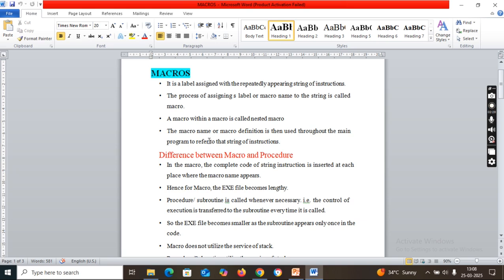What is the difference between macro and procedure? In the macro, the complete code of the string of instructions is inserted at each place. Whatever the set of instructions in the macro, it is inserted at each place when the macro name appears. Hence, for a macro, the executable file becomes lengthy,